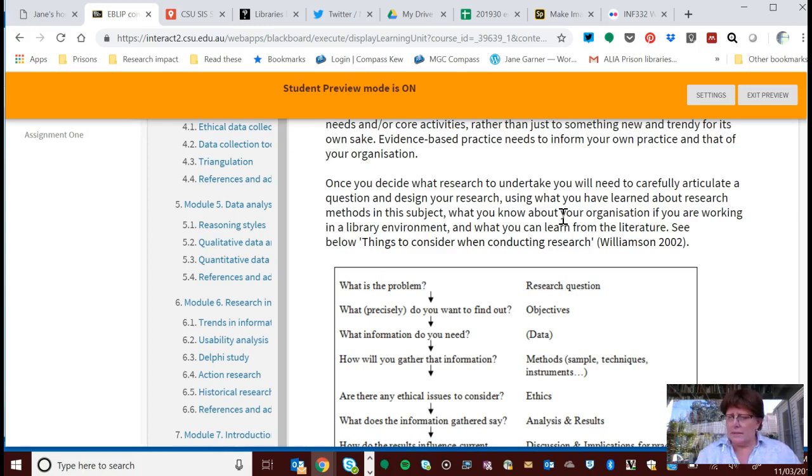In terms of the assessment that you have to do, the first assessment, which is the online quiz, there's not a great deal from this first module that will turn up in the quiz. It's more just getting your head around what research is, why we bother, and what some of those processes are that we go through to allow us to do research so that we can improve our knowledge and understanding about various things. So I hope you enjoy the week,